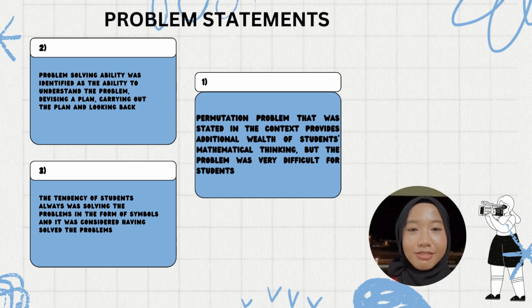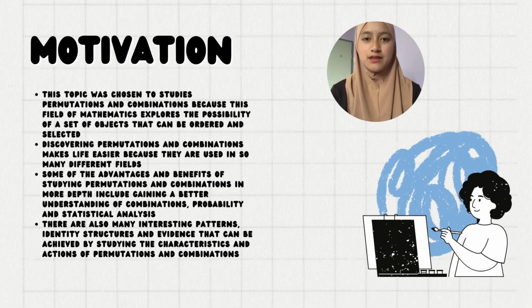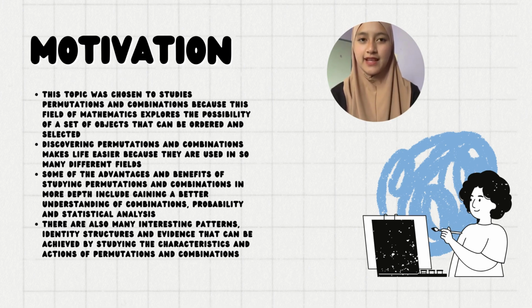Problem-solving ability was identified as the ability to understand the problem, devise a plan, carry out the plan, and look back. The tendency of students was always solving the problems in the form of symbols, and it was considered having solved the problems. The motivation for choosing to study permutation and combination is because of the field of